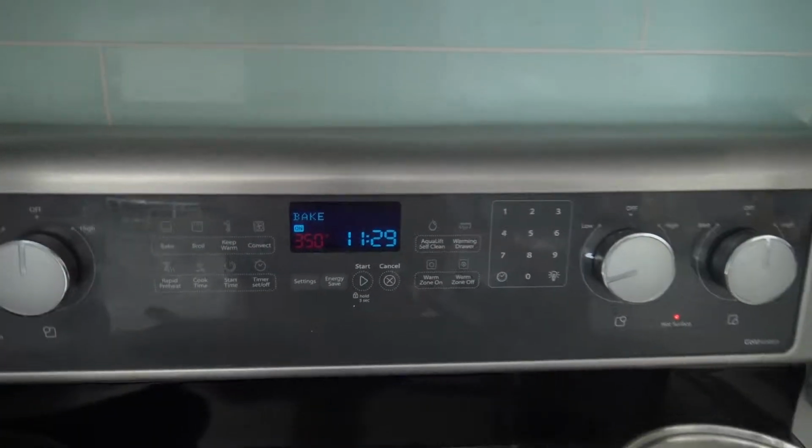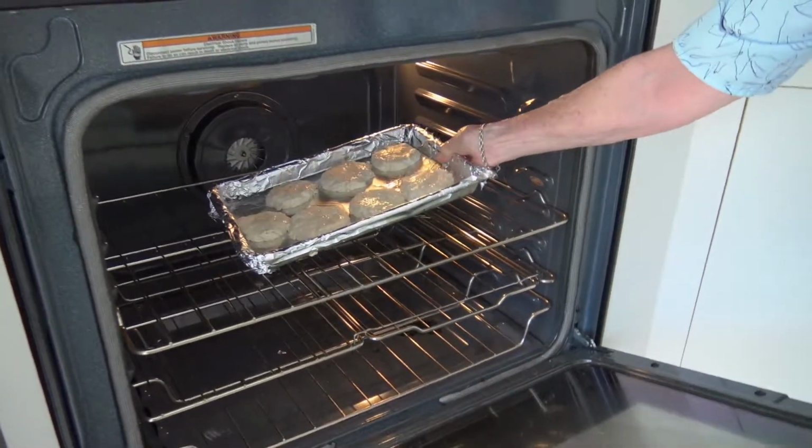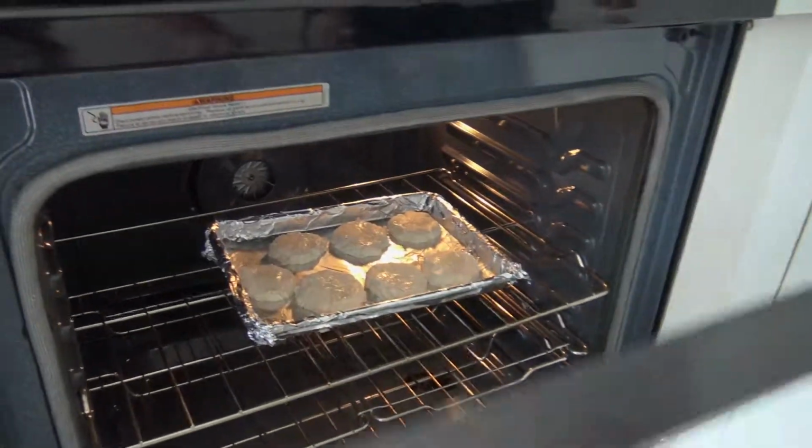You can see it's on 350. I'm going to open the oven and Mom's going to put them in. Center rack. There we go. All right. Now,